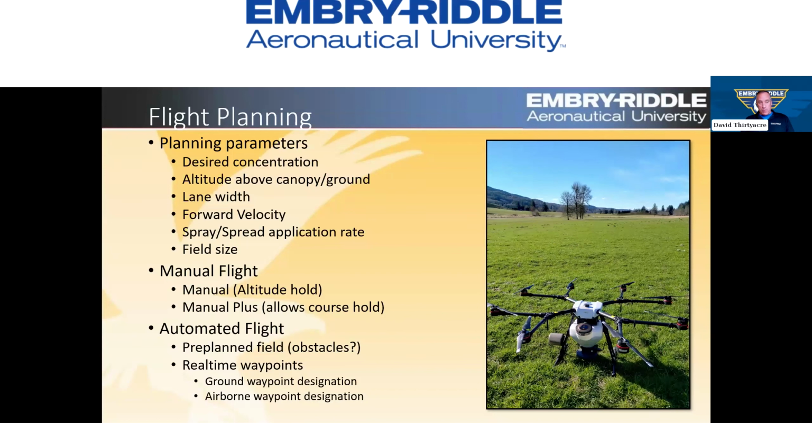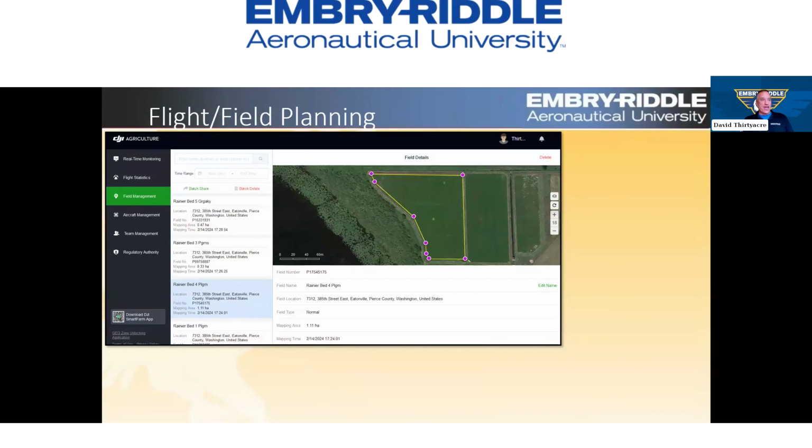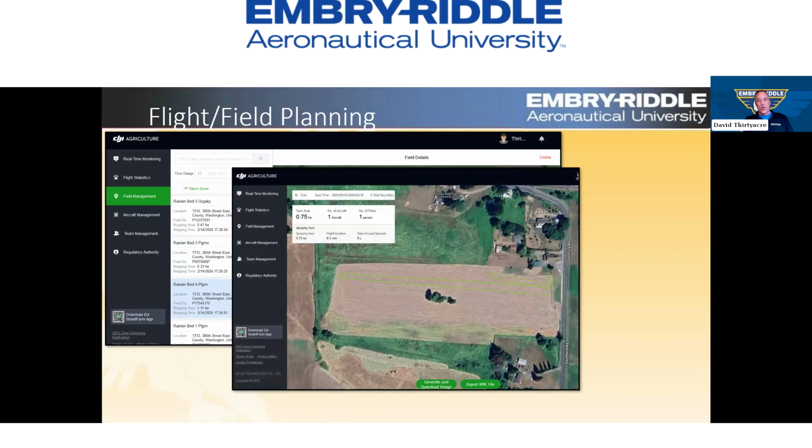All right, so there's also other modes, Manual Plus and things like that you can get into. When we get into the automated flight, there's all sorts of other things that go into that, all sorts of other programs that can be used, and very interesting trying to plan these missions in an effective way. So just to show you real quick, there are a couple different ways to get through this. DJI, as with everything else they do, they've thought it out well, and DJI is what we use for field management. It allows you to have field management, tell you what you put on what field, when you put it in there, what the concentration was, take notes about all the different fields and how you did it. It allows you to keep track of all the flights and everything else. So it really gives you quite a bit.